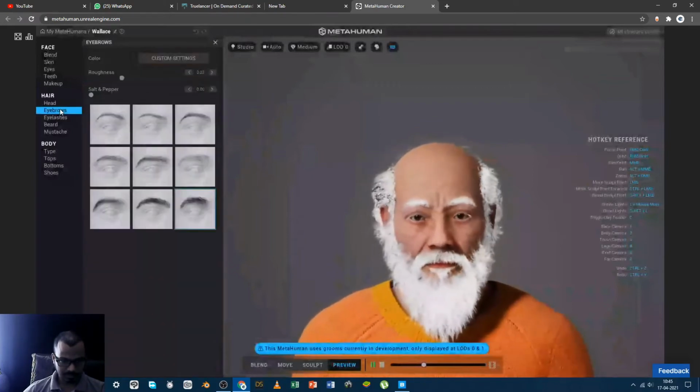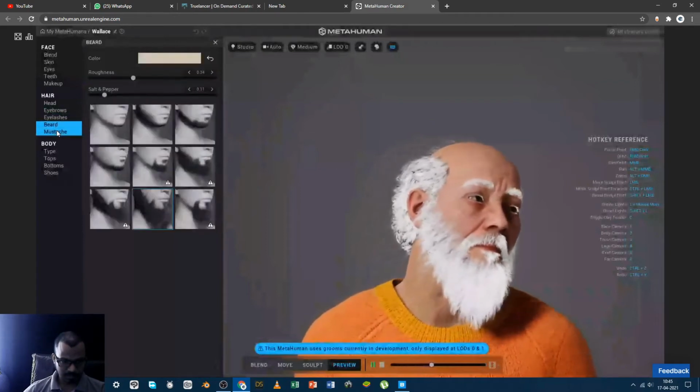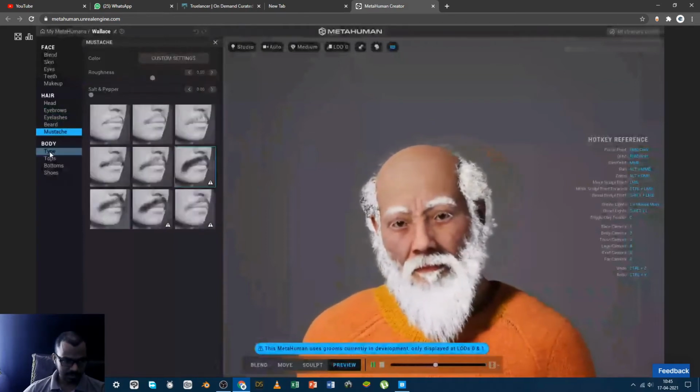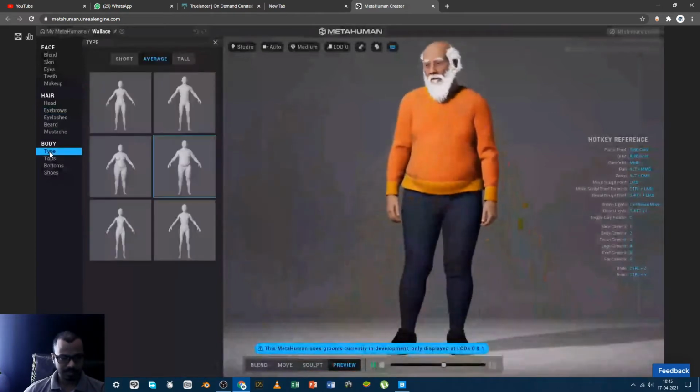Eyebrows, eyelashes, beard, mustache, then body type. I have used this body type. These three are female body type and these three are male body type. This is standard, this is fat, and this is thin.